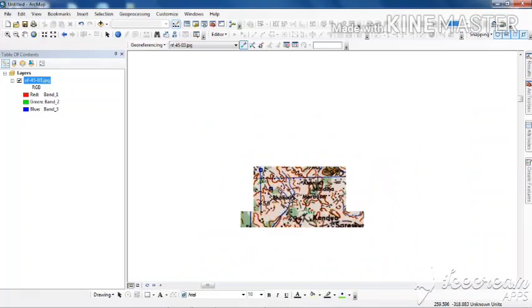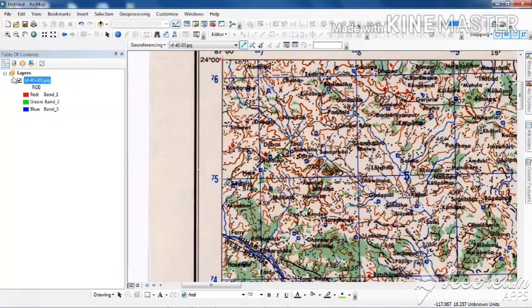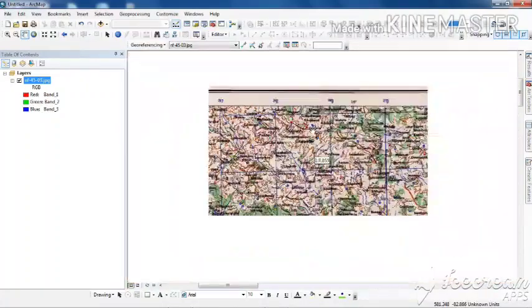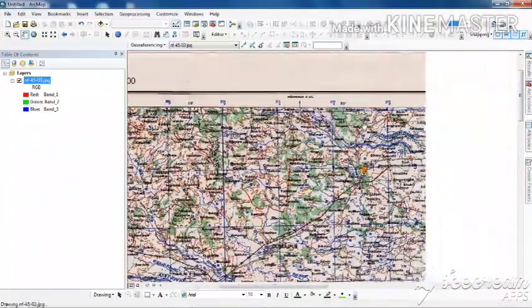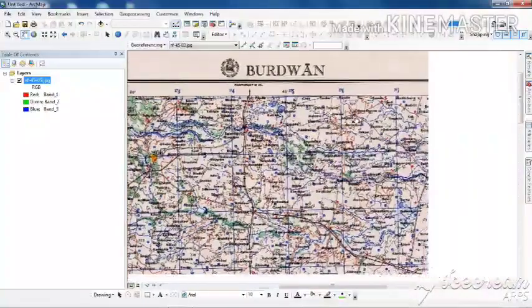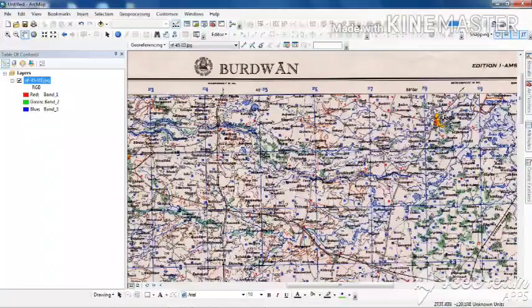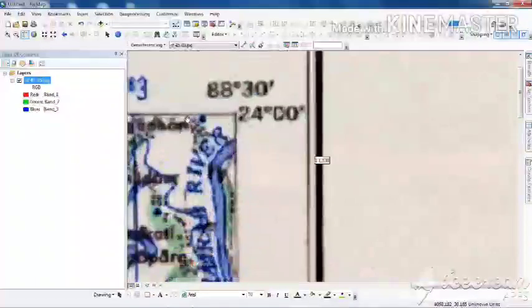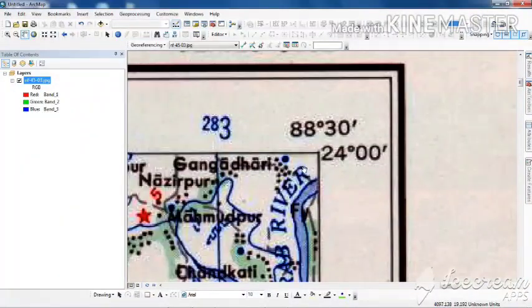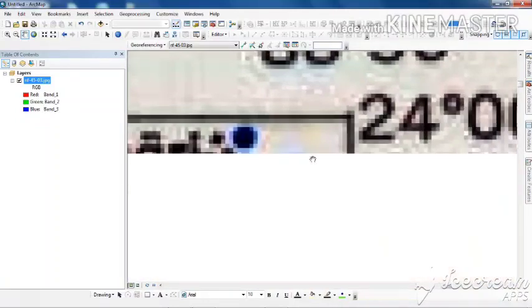So this is the first point I have taken. For the sake of georeferencing, we need at least 4 ground control points at a minimum. We can take more if we feel like it, but here I will take 4 points to save time.